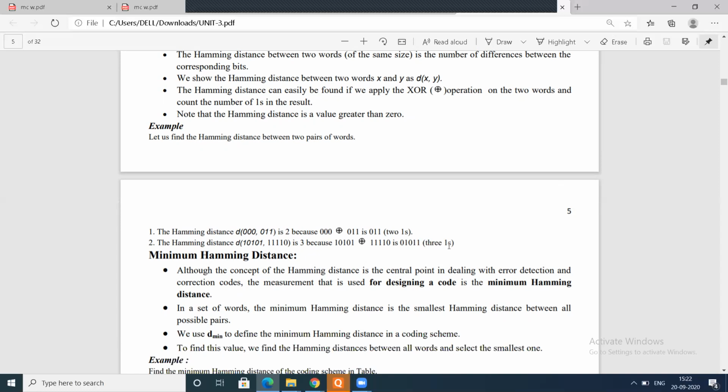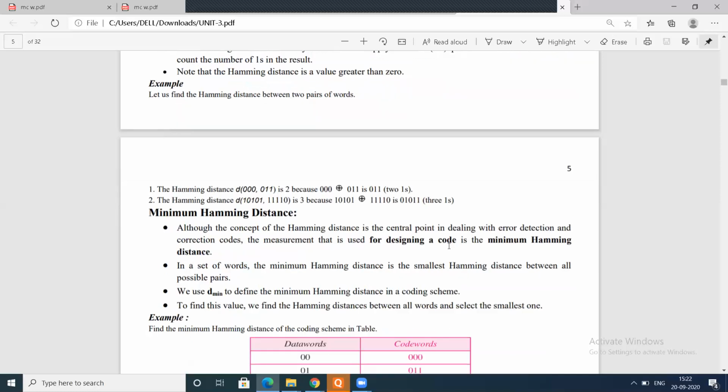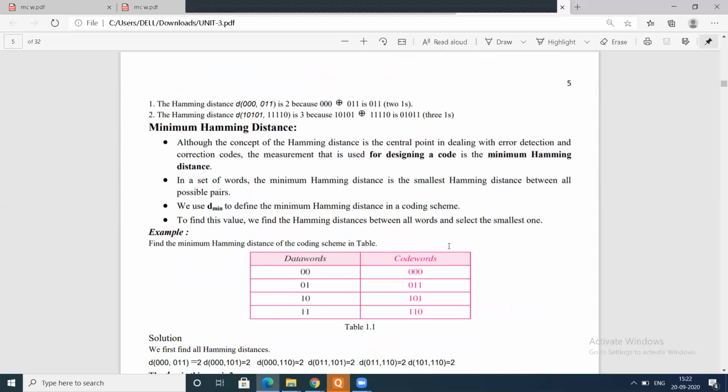Now this Hamming distance can be used in error detection and error correction codes as well. Here, the measurement that is used for designing a code is the minimum Hamming distance. Next thing we need to discuss is minimum Hamming distance. What is minimum Hamming distance? The minimum Hamming distance is the